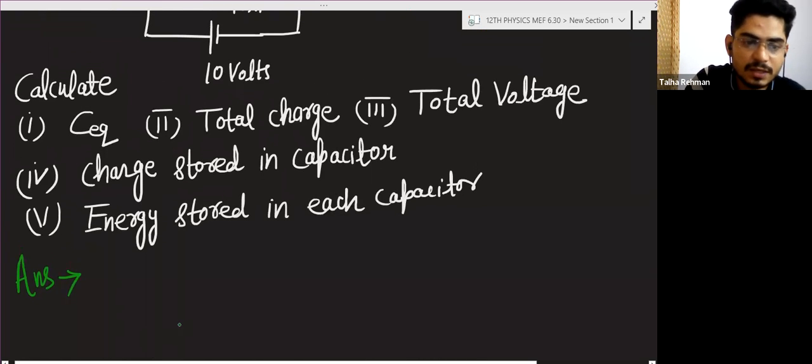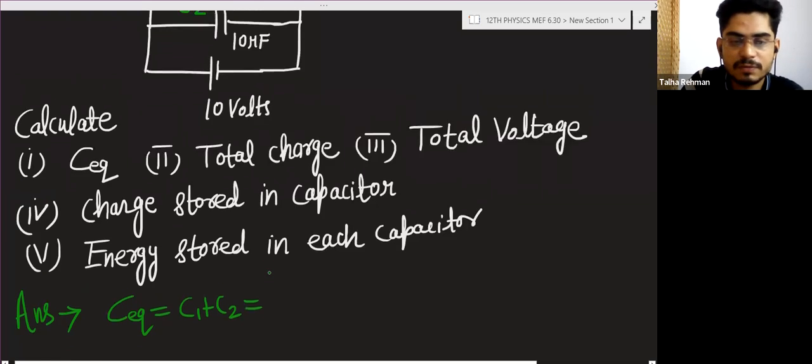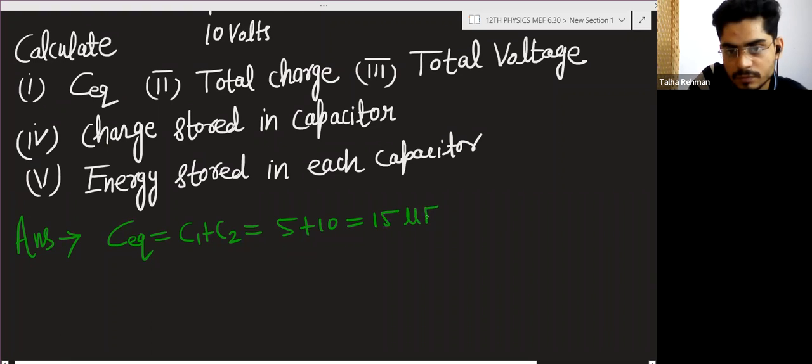So answer is C equivalent. If you want to calculate, then C1 plus C2. What is C1 plus C2? 10, 5 plus 10. 15 microfarad. Okay,